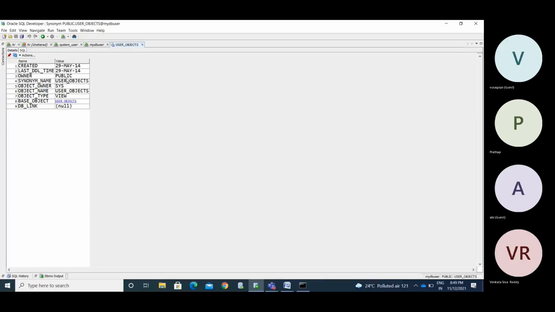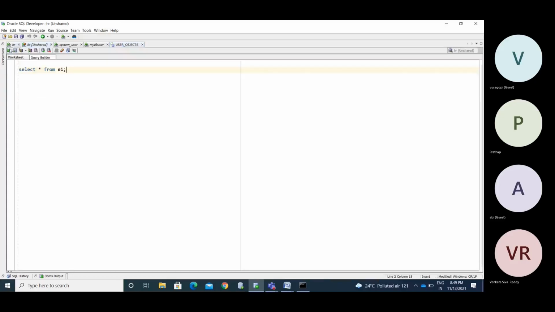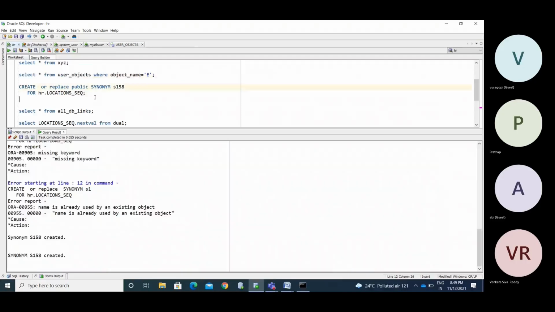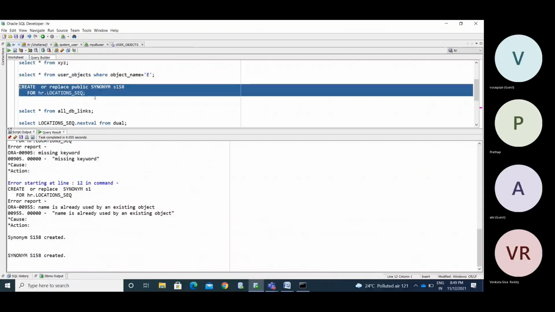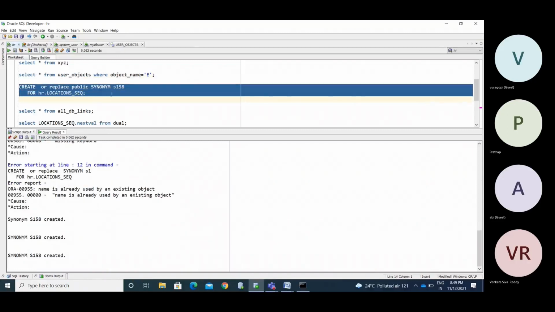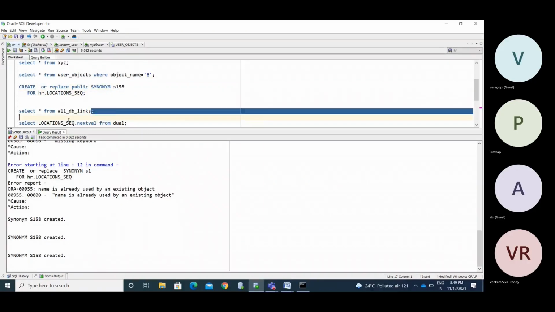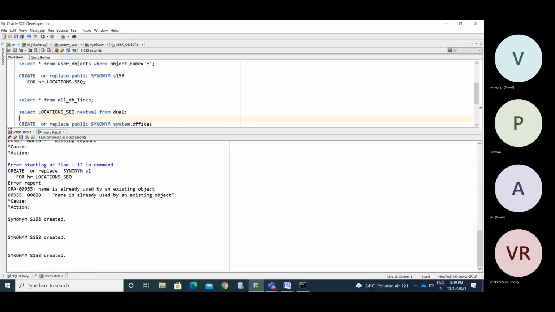We have two types. Normally we don't have the authority to create public synonyms, but now I have the access, so I am going to create one as a public synonym. I created the sequence 518 as public.